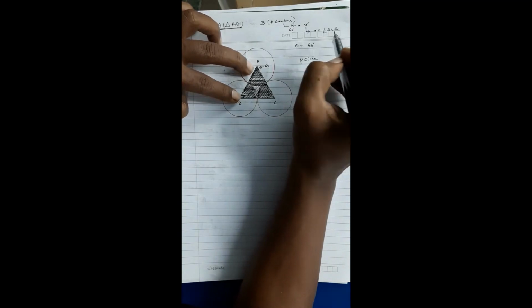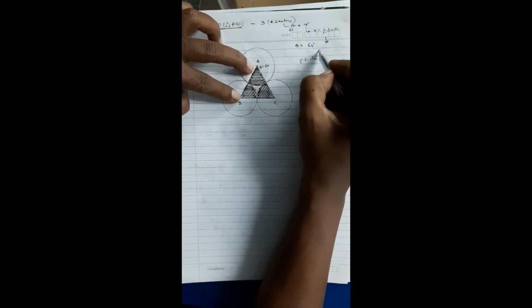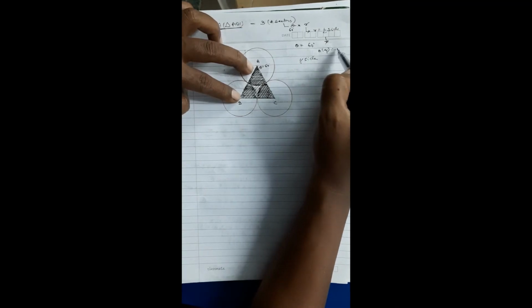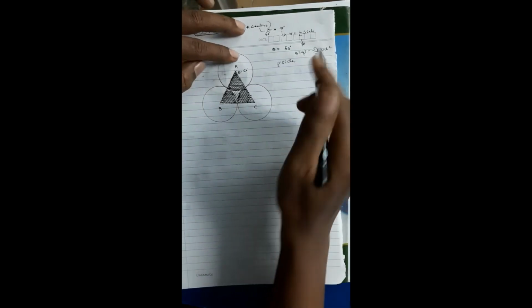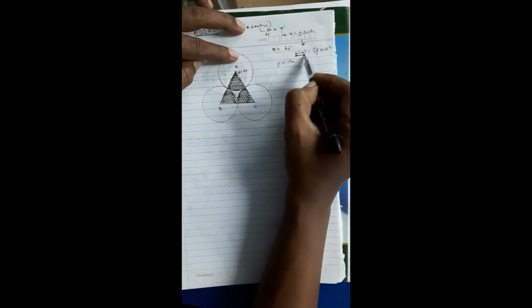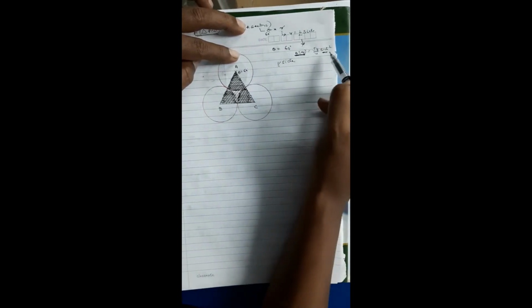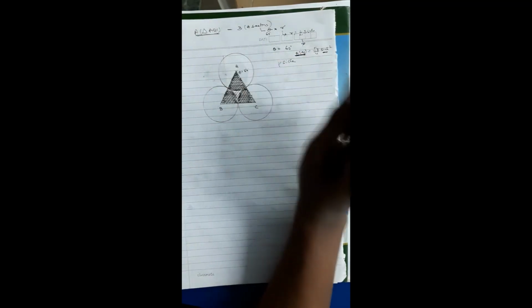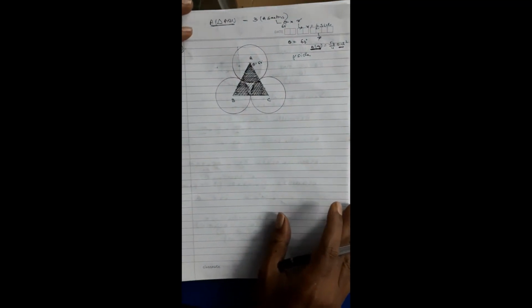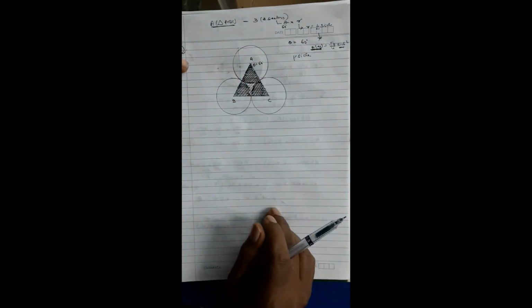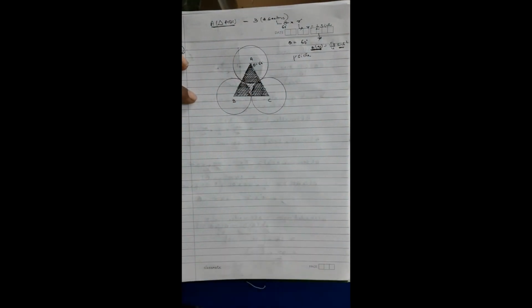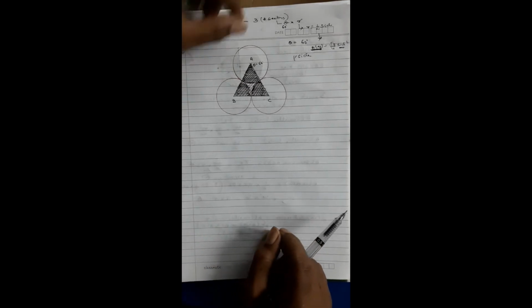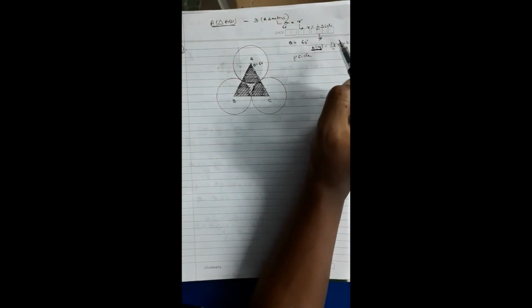For that I will have to use the area of an equilateral triangle, which is equal to root 3 upon 4 side square. Since the area of the equilateral triangle is given to me, I will be able to find the side. This side will give me the radius, and from the radius I will find the area of the sectors. The area of triangle ABC is already there. Chalo, now let's travel. I hope you all are getting what I am telling. You have to learn how to think all this. Unless you train yourself to think in that fashion, how is sir reaching over there?